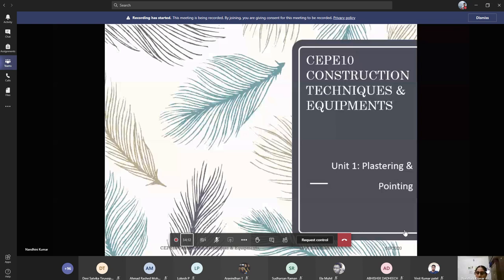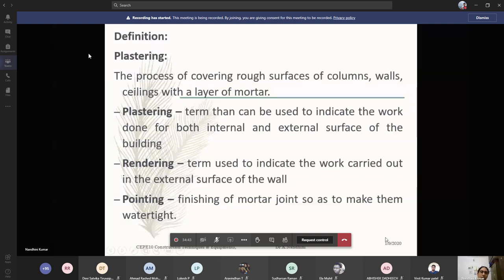And the next topic is plastering and pointing. We saw about stone masonry, brick masonry, the types of bonds, and what materials we use for brickworks and bondings. We saw all those things. Now everything is done. You construct a wall using your mortars. Now we'll think about how we are going to plaster it. Covering the exposed wall is plastering. So we'll be seeing about this.